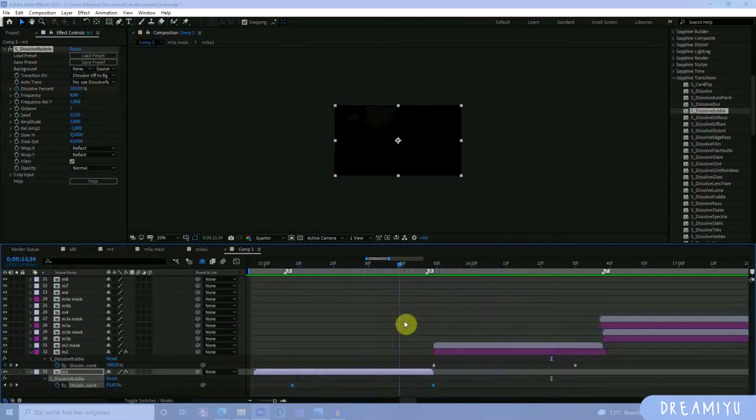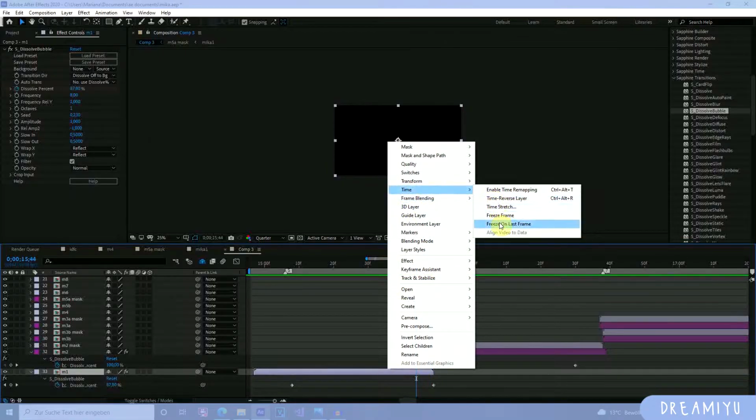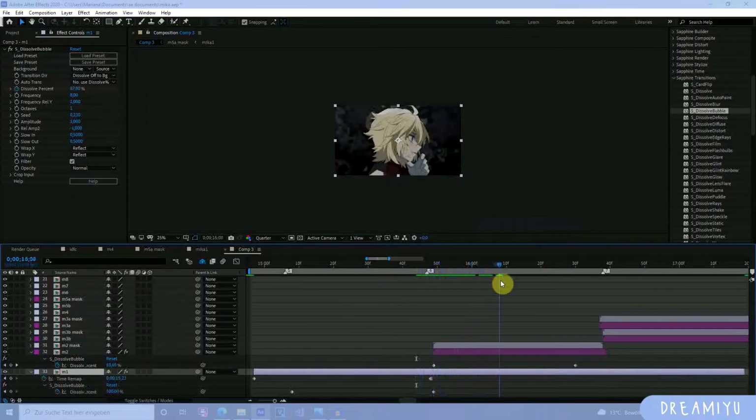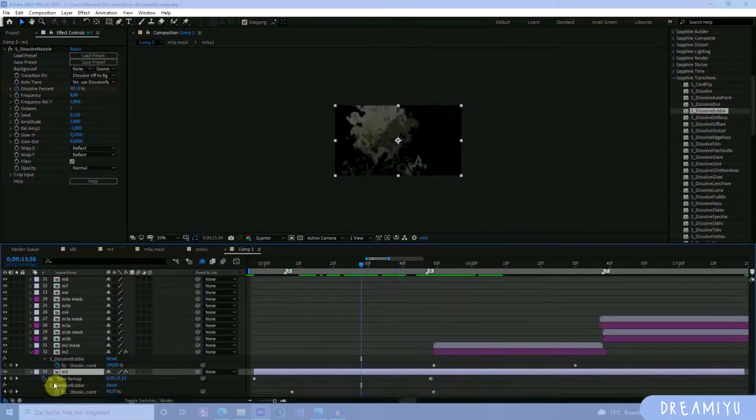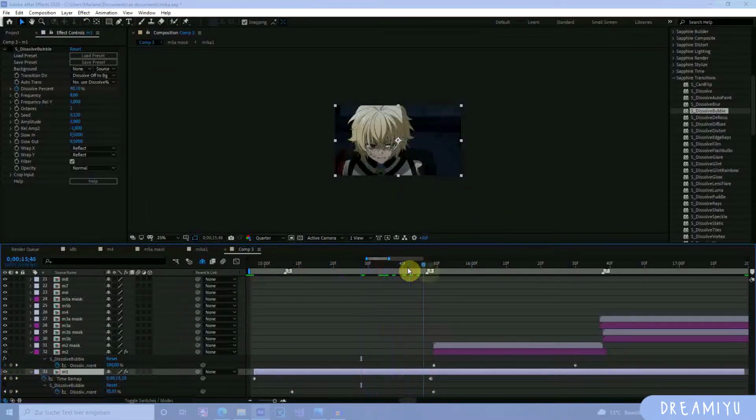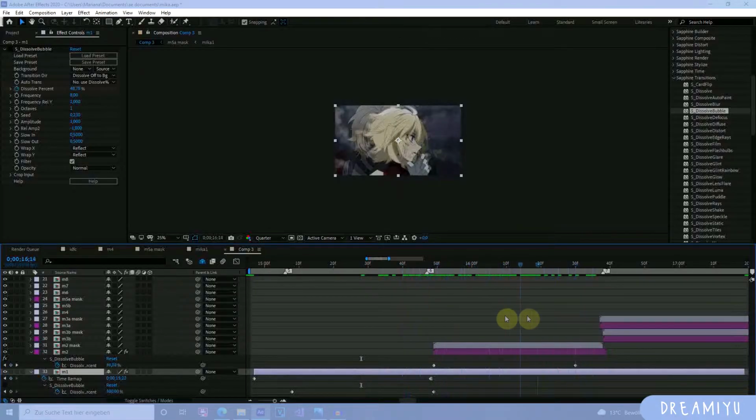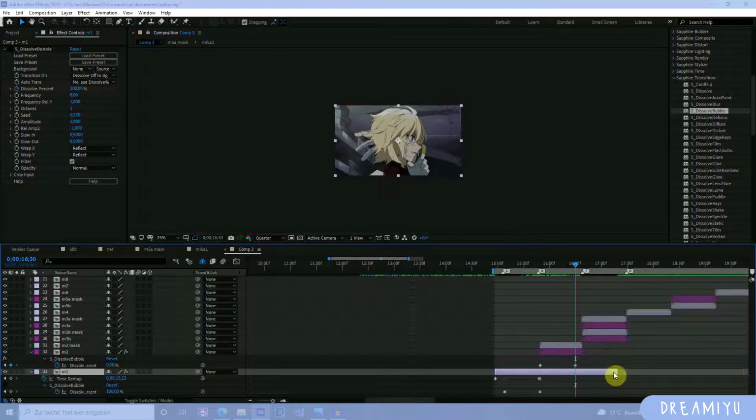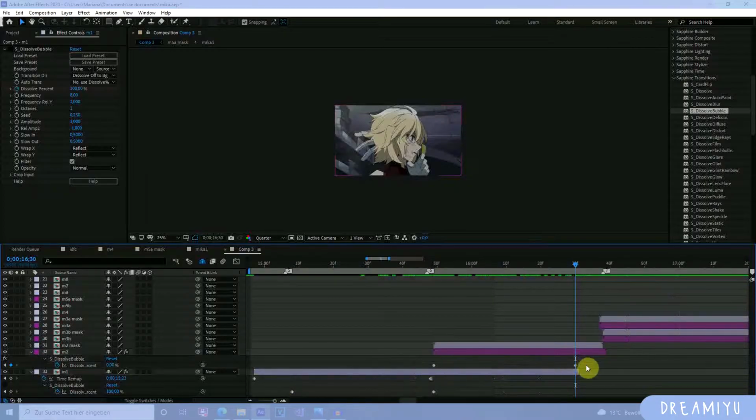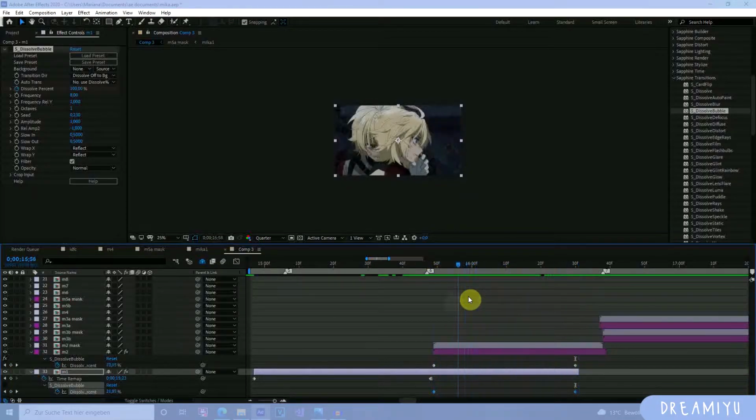But what I want is not a black screen in between. So I'm gonna extend this clip by going to Time and Freeze Frame on last frame. And like this, if I now uncheck the effect, you see that it just stays on this for however long you want really. But I'm gonna do it until here, until the effect on this layer ends. I'm gonna move the keyframes and put them here. And now we have this nice